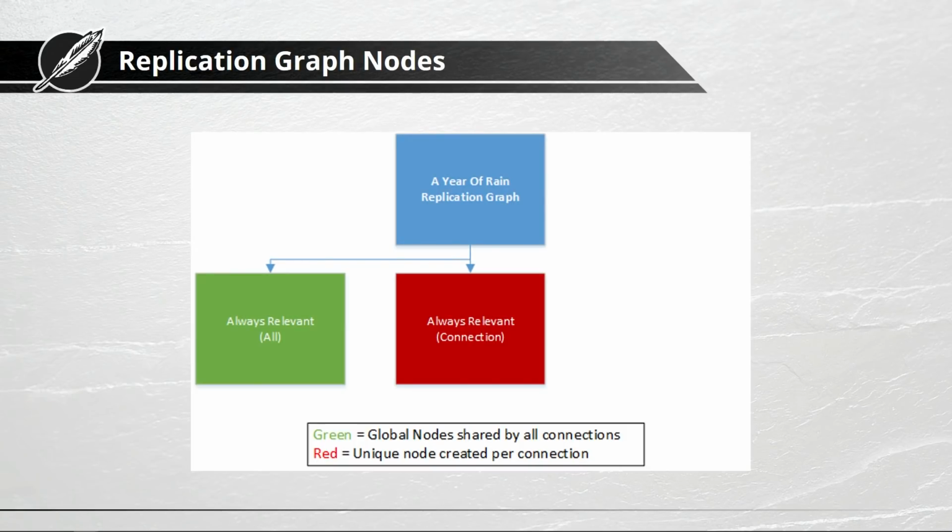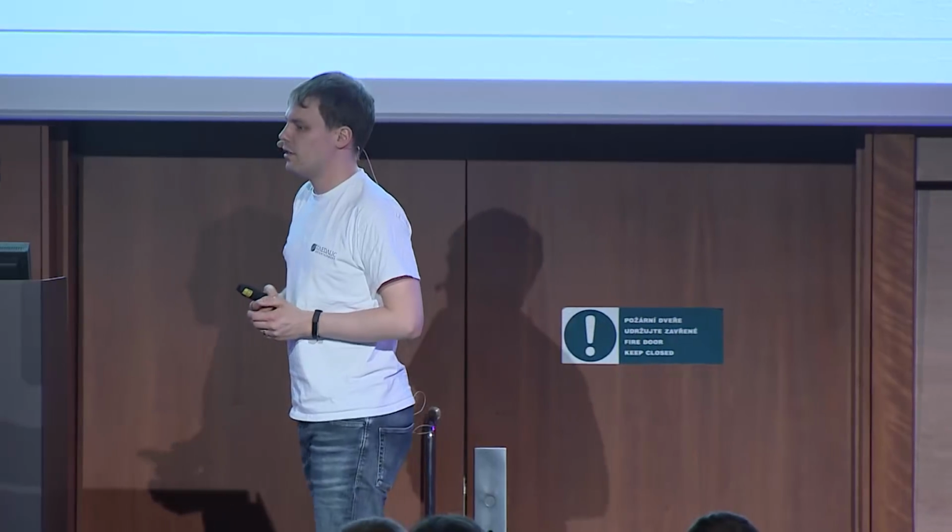This is not in a sample or anywhere else, but it's shipped with the engine itself. So if you just install the engine, you can take a look at this implementation. And this one has a few more nodes than the initial nodes we've just seen. There's an always relevant node per connection, which I've already been referring to, for instance, for replicating stuff that is always relevant for each connection, like the player controller.